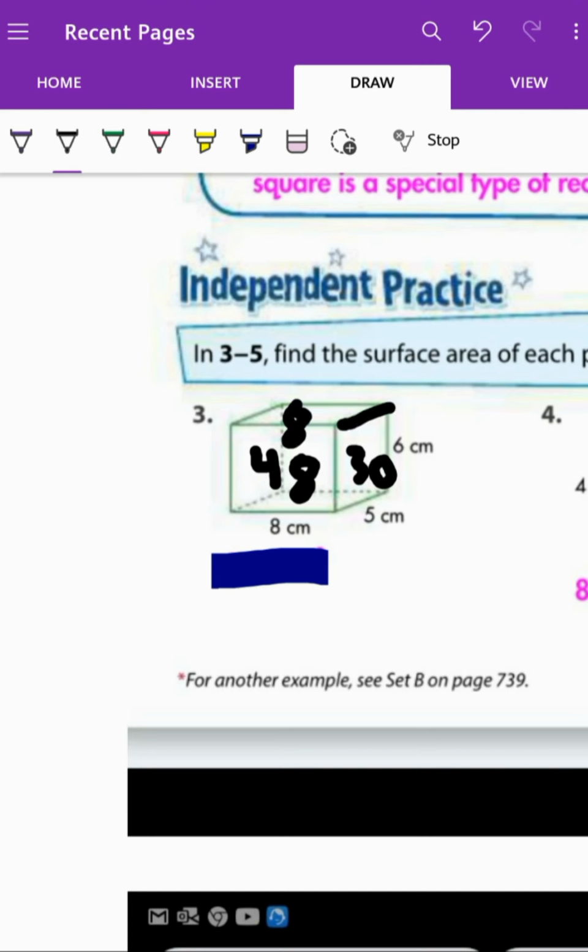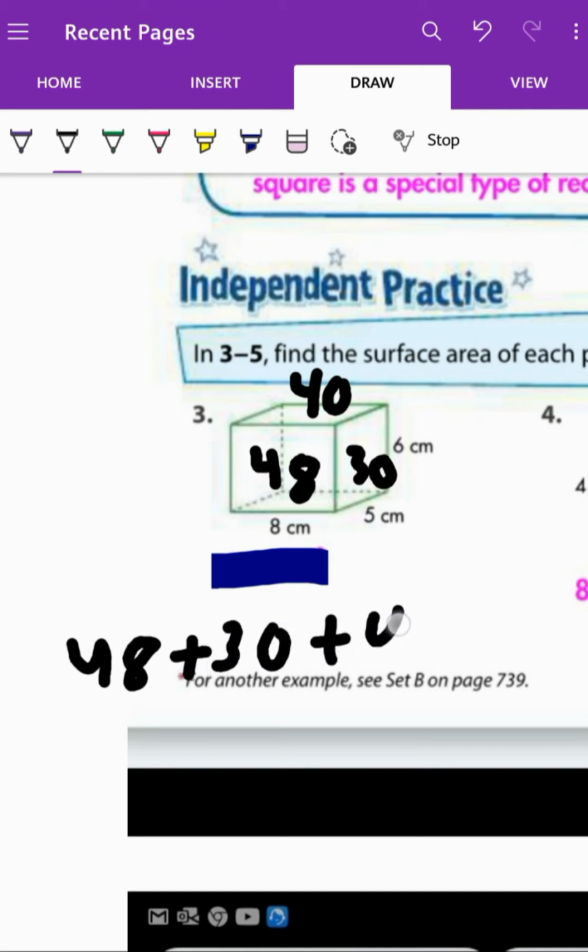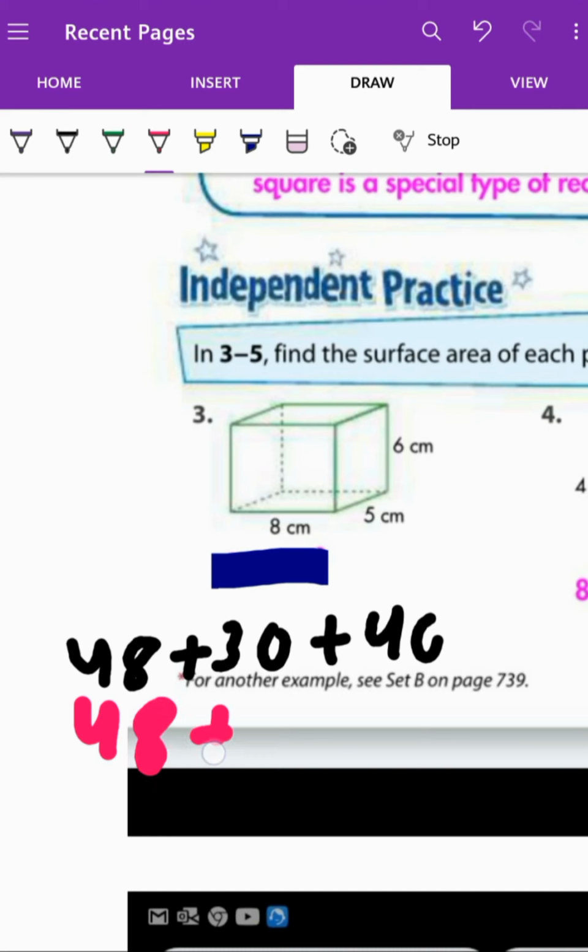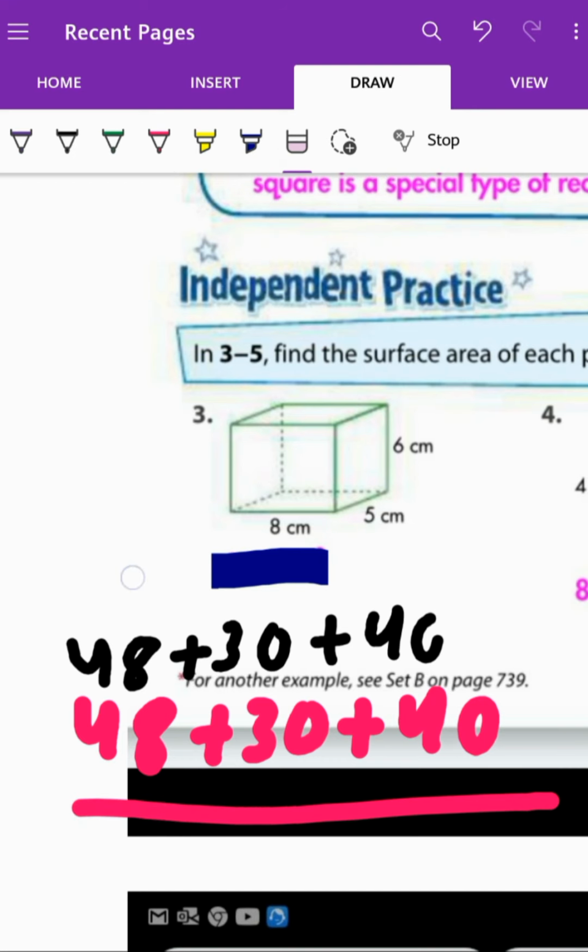And this side, I get it from down here, which is 5. Okay, 5 by 8 equals 40. So the 3 rectangles that I can see are 48 plus 30 plus 40. And the 3 rectangles that I cannot see, which are the back, the left, and the bottom, are also 48 plus 30 plus 40. Add them all, you will get